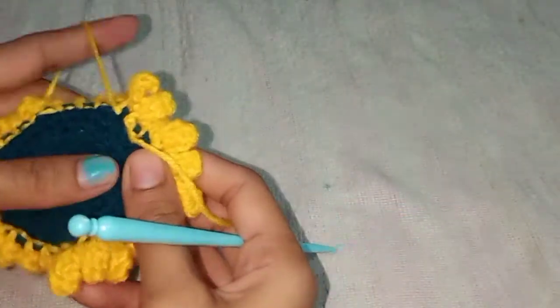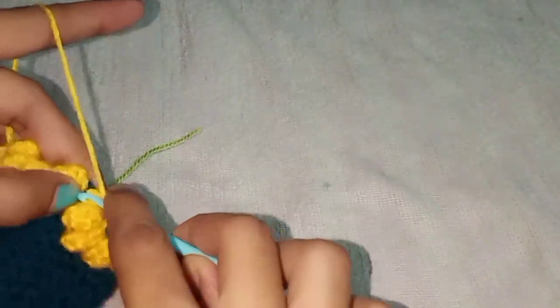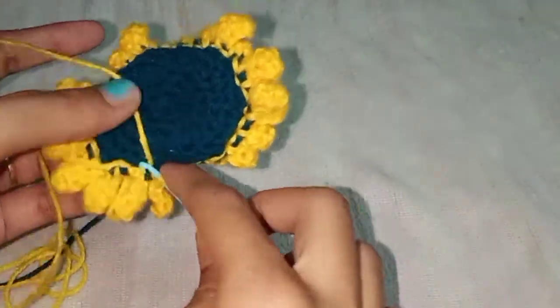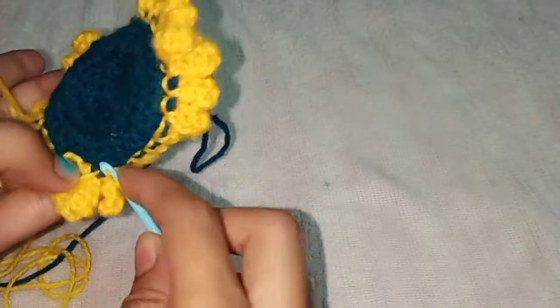Now we are going to work upwards, okay, in the before row. We are going to work in the before row, that is our fifth row. See, this is the pattern for the sixth row. We are going to work in the fifth row. See, start after finishing this row. So just go to the before row, fifth row, and then work the same pattern there also. Insert the needle in the before row, one stitch,